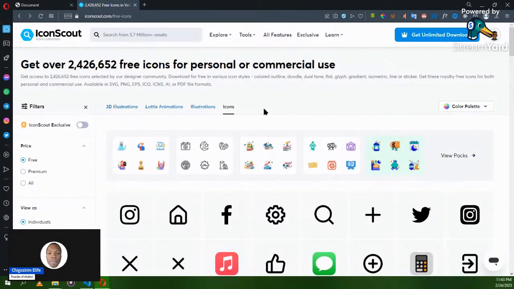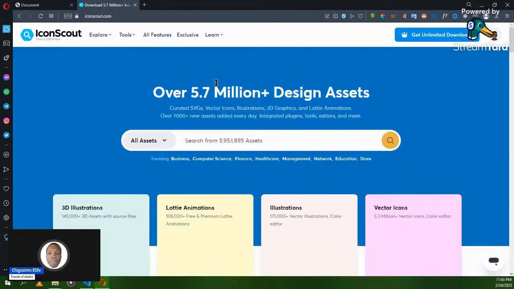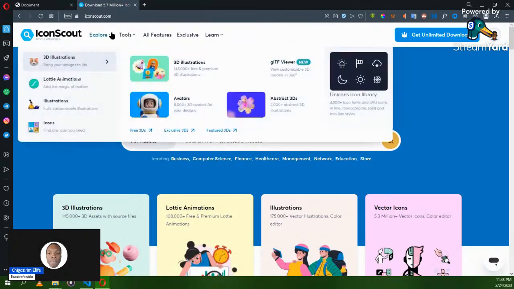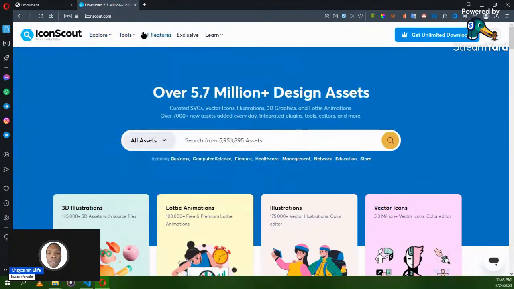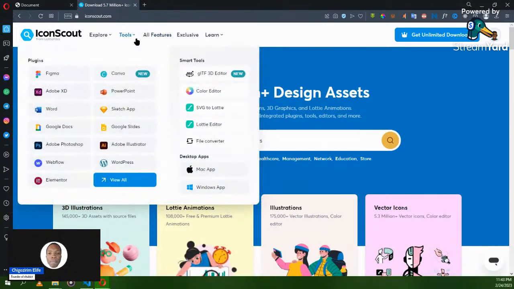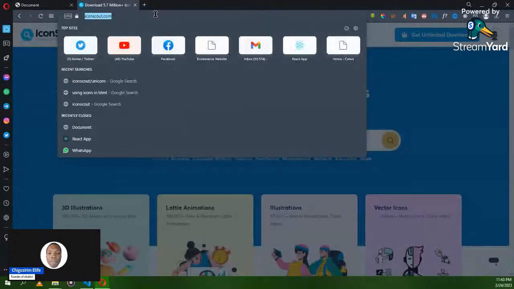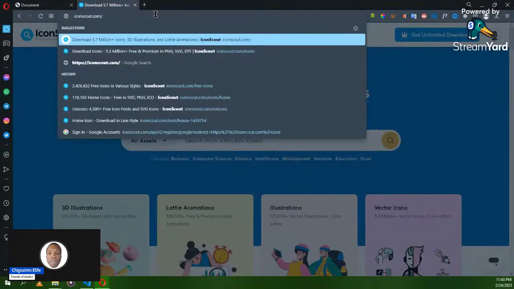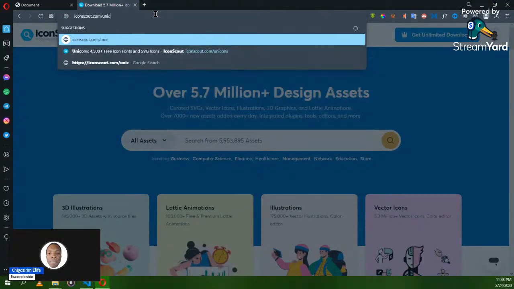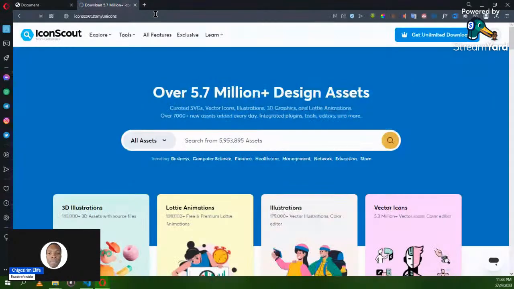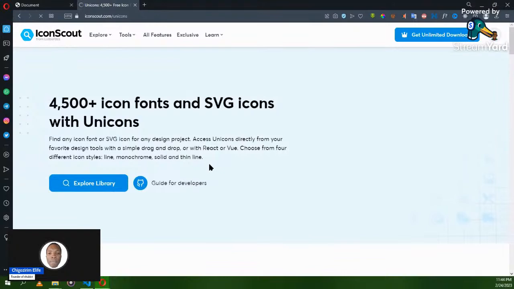So under this iconscout, there should be a section for Uni Icons. I've seen it, a kind of sub link that I was looking for. I found it. So under iconscout.com, there is something called Uni Icons. So once you get over to Uni Icons,